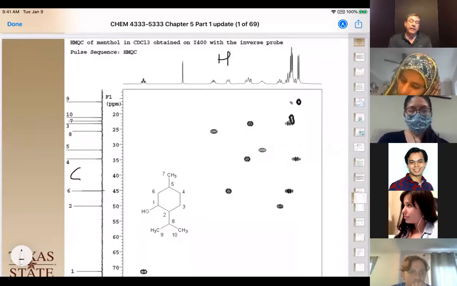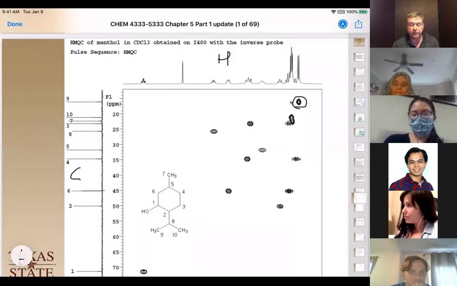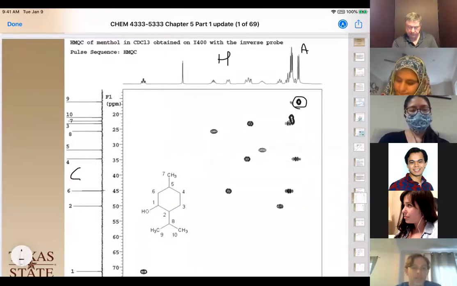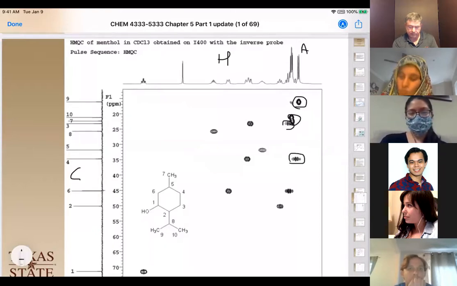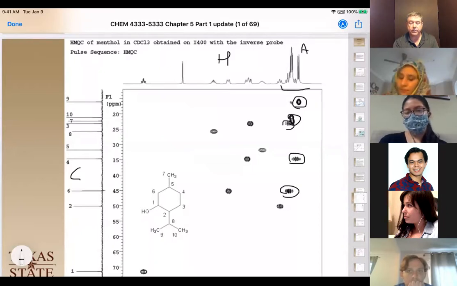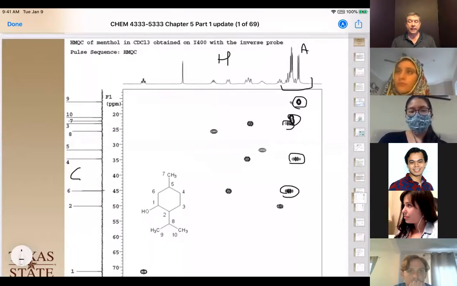So what that means is, if we see a peak, that carbon is attached to those protons. If we look at this, carbon number 9 is associated with hydrogen A, and it looks like there are maybe multiples hidden under here. So in this case, if we were just trying to do the proton NMR, we would see a whole bunch of protons overlapping each other, and I can't differentiate them. It turns out those hydrogens are on 1, 2, 3, 4, 5 different carbons. So if we take this whole peak as A,